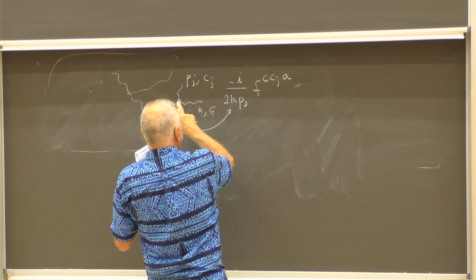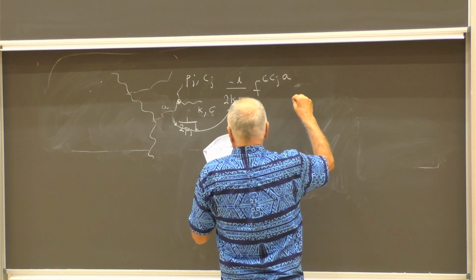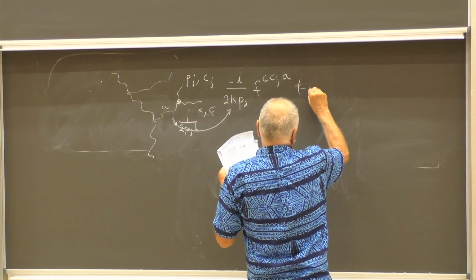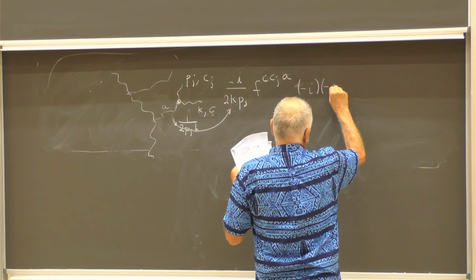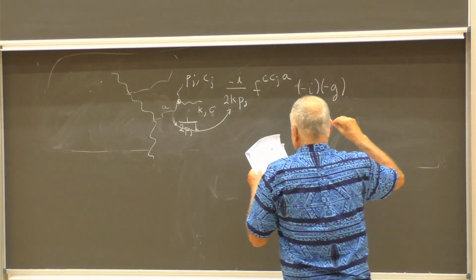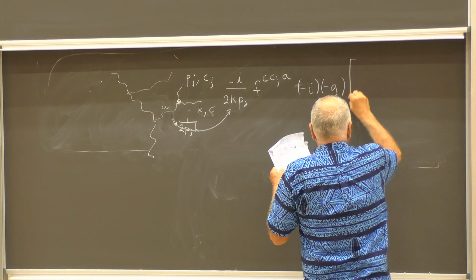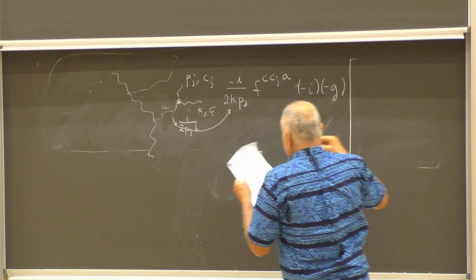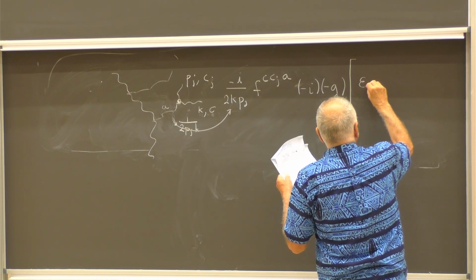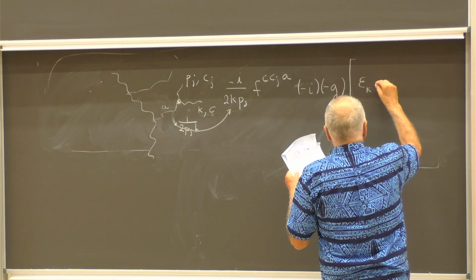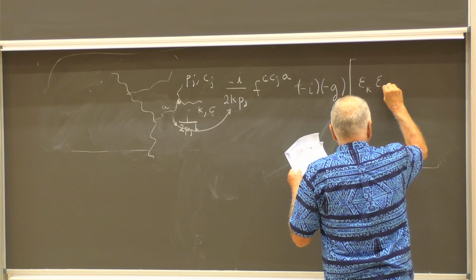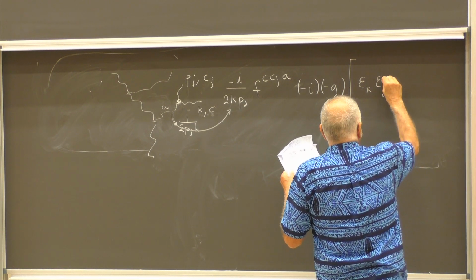There is the structure constant from the vertex, a minus i from the vertex, and a minus g. And now there is a three-gluon coupling, so it's a little bit more complicated. But I told you before, it contains all terms in which the two